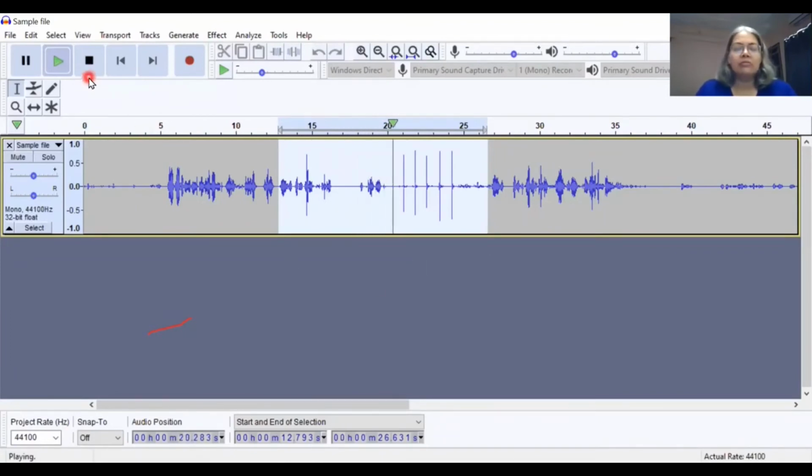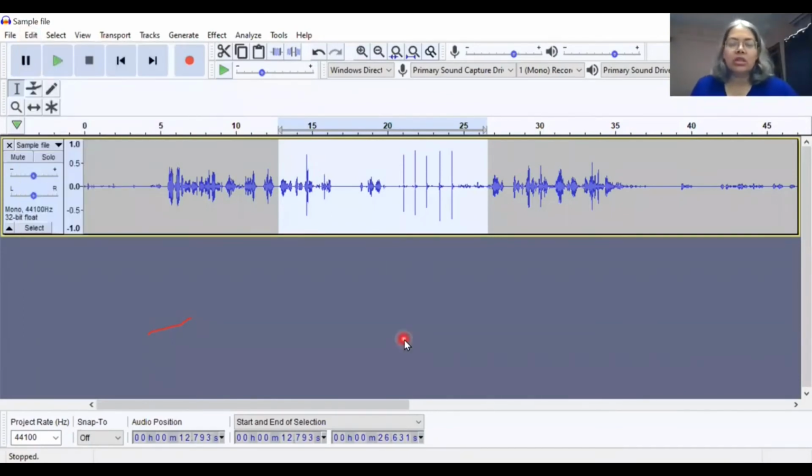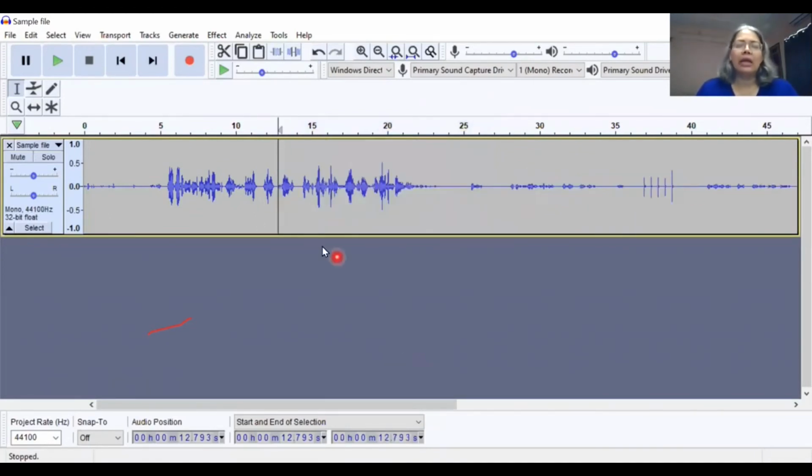So I'm going to remove the mistake, and again, like I said, for deleting there are two options: Edit, Delete. That is one very clear option. Or simply use the delete button on your keyboard. Whichever computer you have, there is a delete button on it. If you use that, I'm trying to do that. Just delete. The whole white section will go and the track will look like new. See? Now let's play this. So see that all the wrong part and the repeated part is gone.